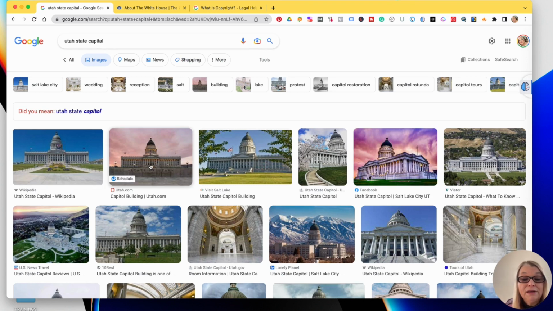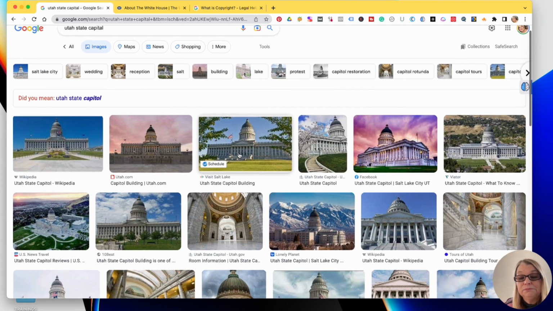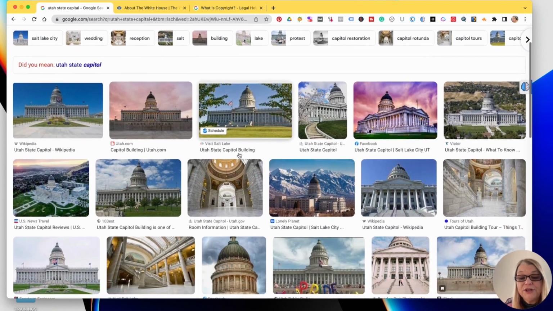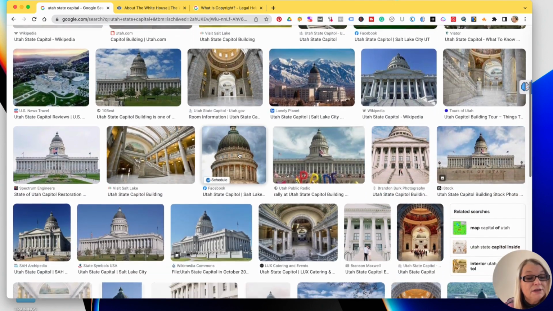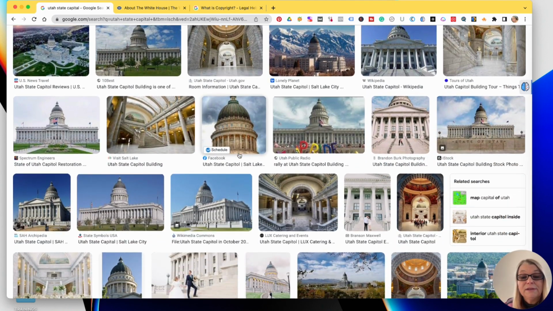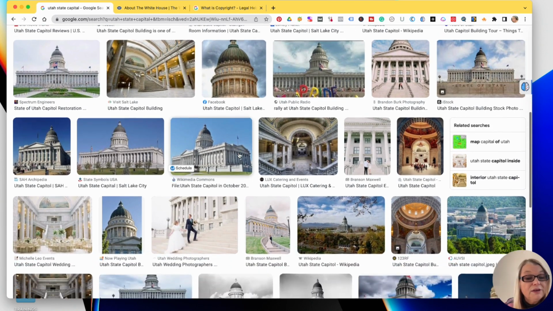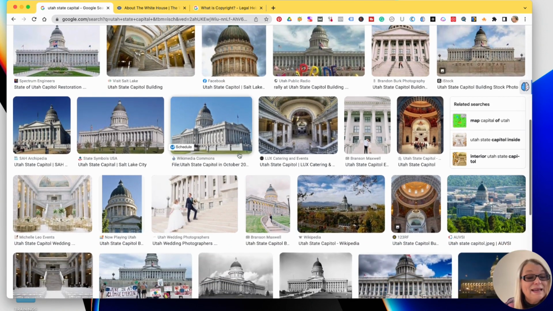This isn't Visit Salt Lake. That's not a government site. So you'd have to look for the government site if I wanted to use that.